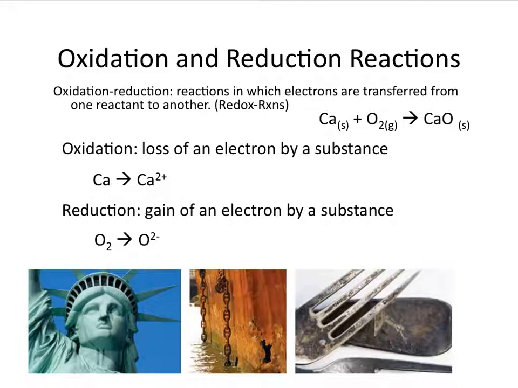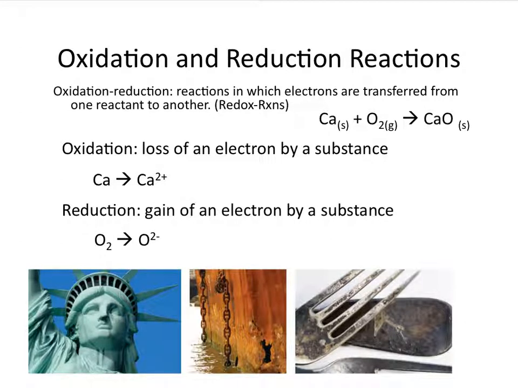However, what needs to be understood is that that does not only occur between metals and oxygen. There are other oxidation reduction processes, but this oxidation nomenclature comes from reactions in which oxygen reacts with a specific metal. You have seen these in textbooks and everything else, like the copper being this nice green color on the Statue of Liberty, or the rusting of your bike and tarnishing, things of that sort. Those are all examples of oxidation processes that occur when specific substances, specifically metals, are in the presence of